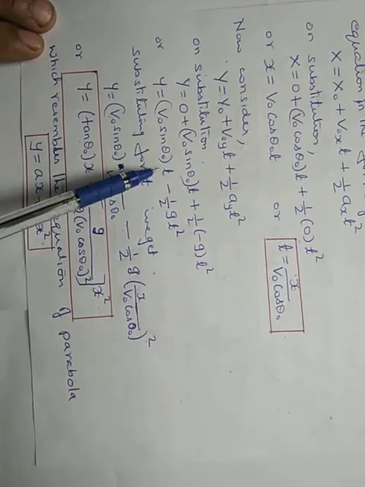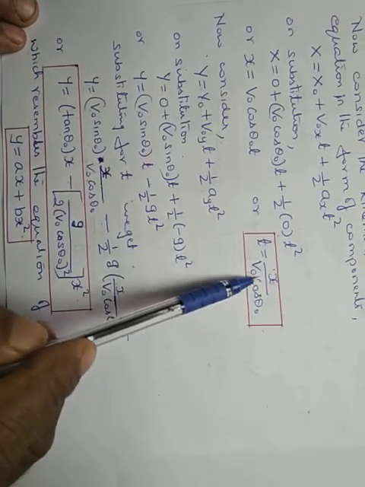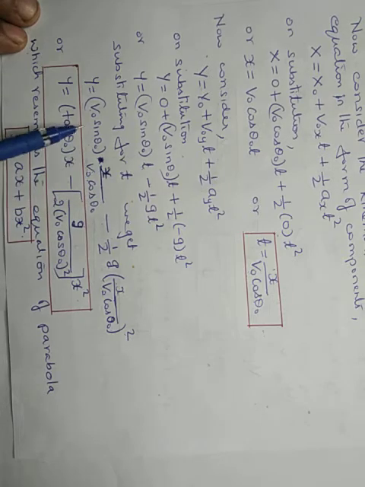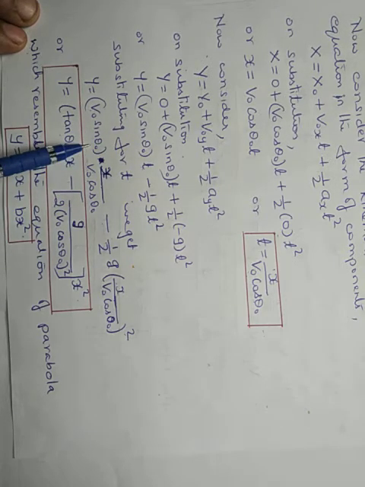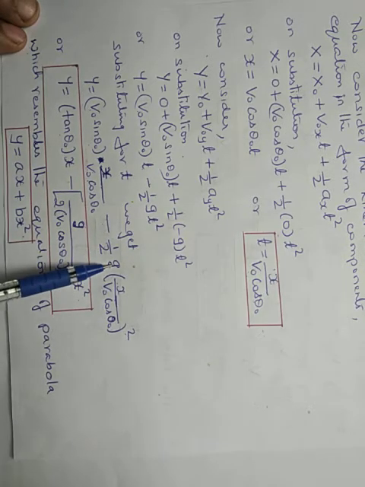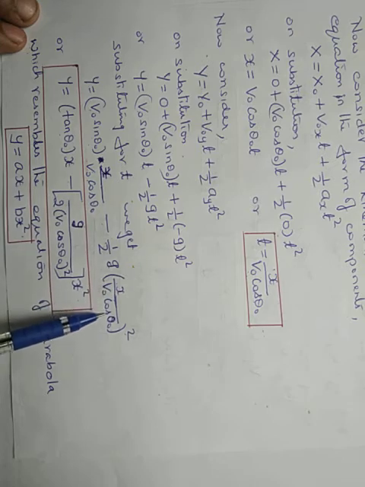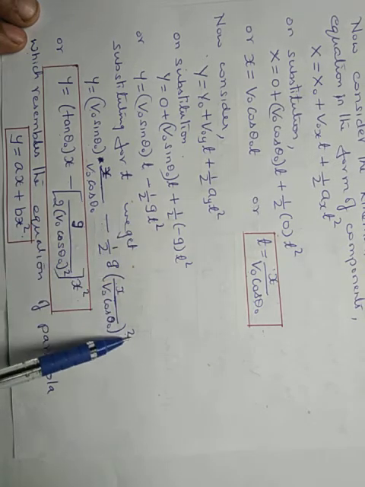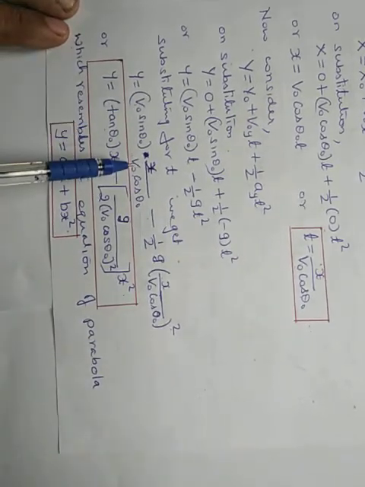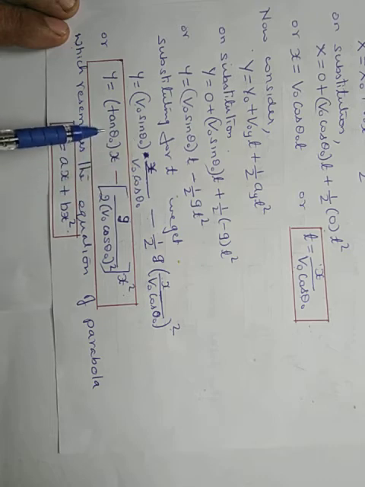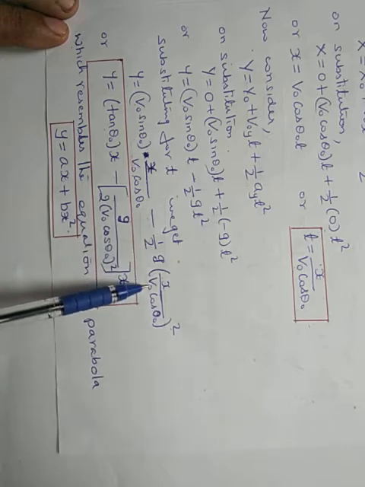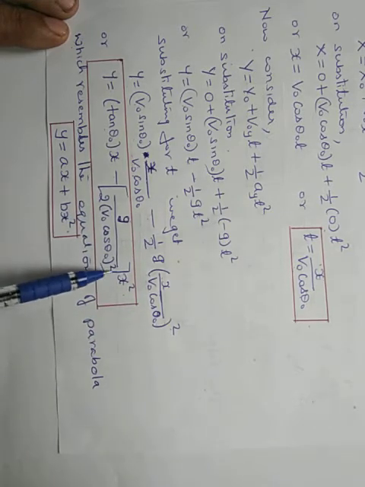Now, substitute the equation for t, we got here x by v naught cos theta naught, in the place of t. You will get v naught sin theta naught into, what is t, x by v naught cos theta naught, minus half g into, what is t once again, x by v naught cos theta naught, that is a square, whole square. So, now just rearrange it. So, v naught by v naught cancels, sin theta by cos theta is tan theta naught into x minus g by 2 times v naught cos theta naught whole square into x square.